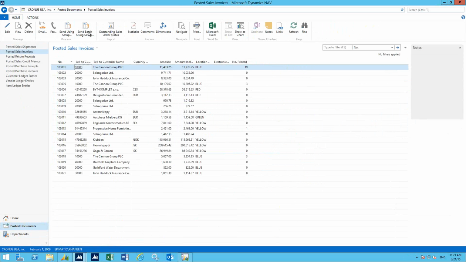And the other function we have available from the lists in NAV is to send a batch of documents using setup. So this is a case where you would filter down the list to what you want to send. And there are many scenarios for that. One could be you post invoices throughout the day and you want to send them all as a batch later in the day. In that case, I could filter on posting date is today,